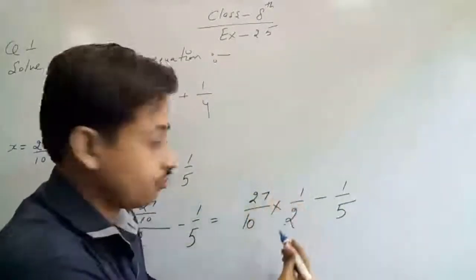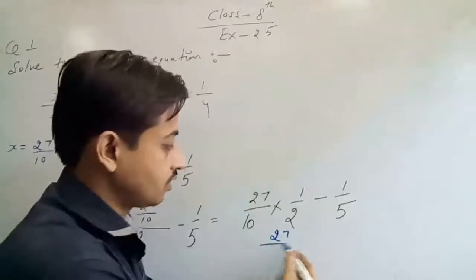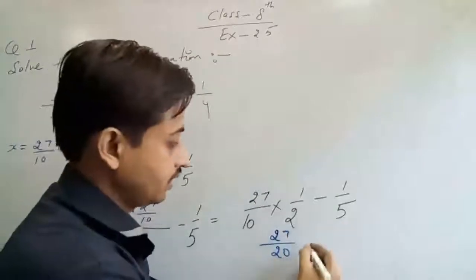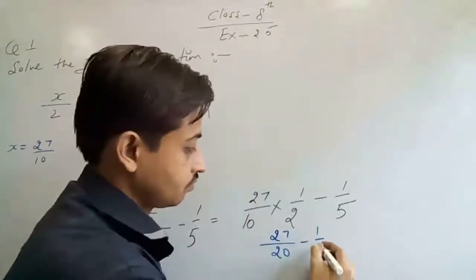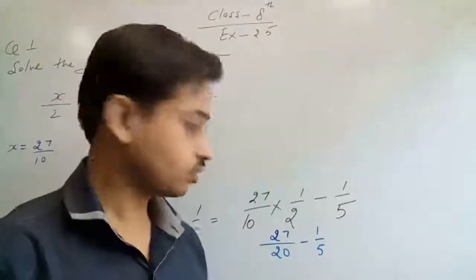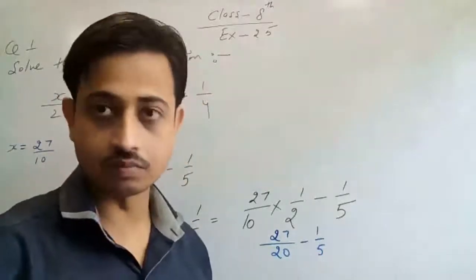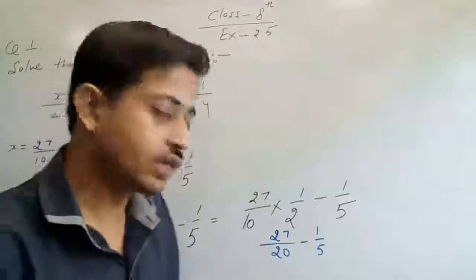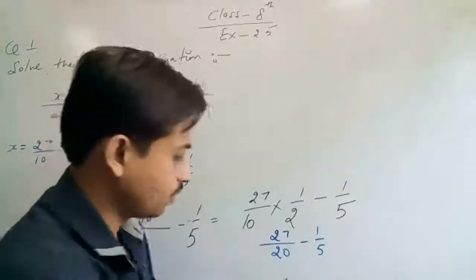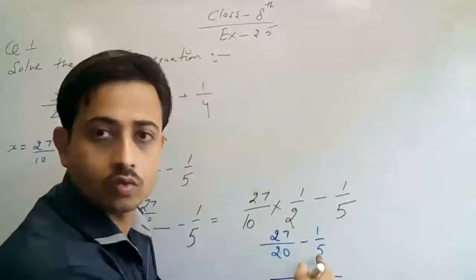27 into 1, we get 27. 10 into 2, we get 20. Minus 1 by 5. Now the simplest way we have to do is LCM, or you can do it directly. If you can solve it very quickly, then multiply. 20 into 5, we get